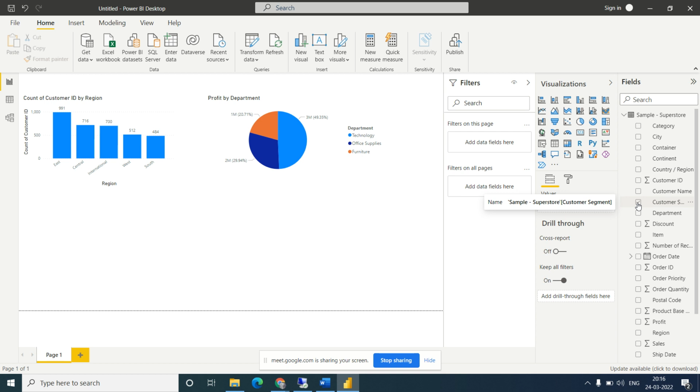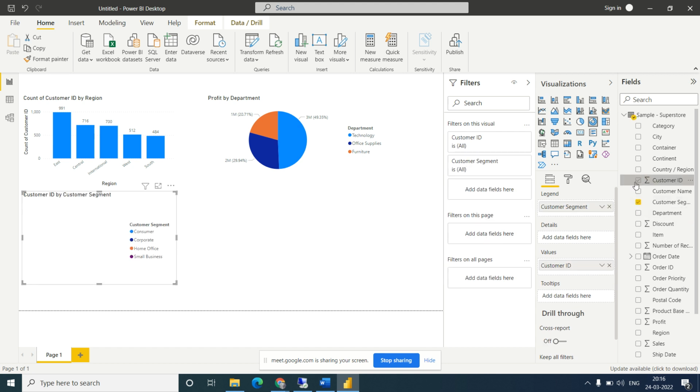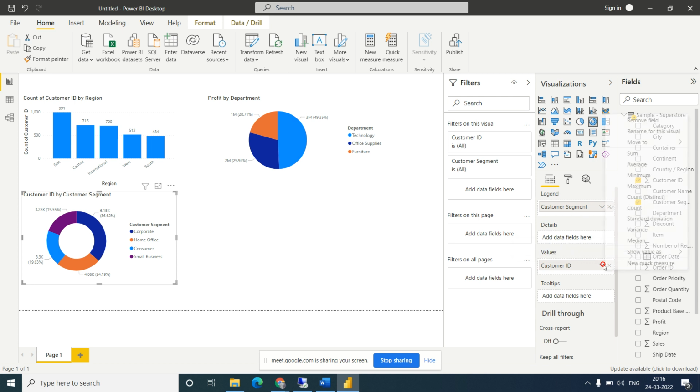Okay, so how will we make it? So we can show it in a chart as well. One more time. So create a donut chart, add the customer segment and total customer. So customer segment wise, total customers. Okay, so can you see this? Now these are the total customers we are getting. Okay, so these are the charts, right?